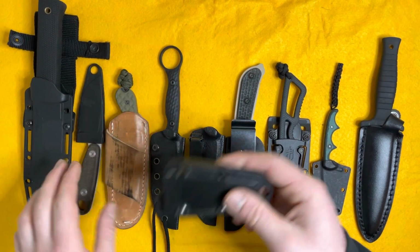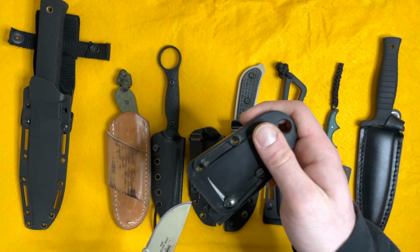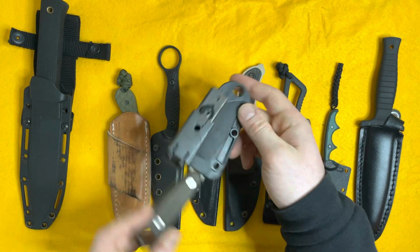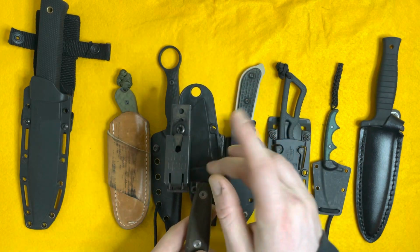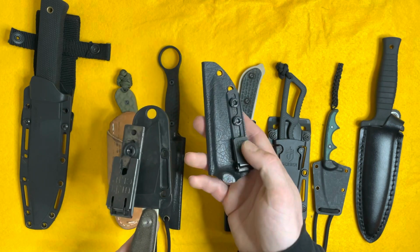So the other option is to carry it with a pocket clip into a sheath. So I've got the Ulti clip, the large one, which is, oh, put that the wrong way, a little bit big for carrying with a pocket clip style carry. The Ulti clip Slim would be a better pick for something like that, a lot less noticeable on the outside